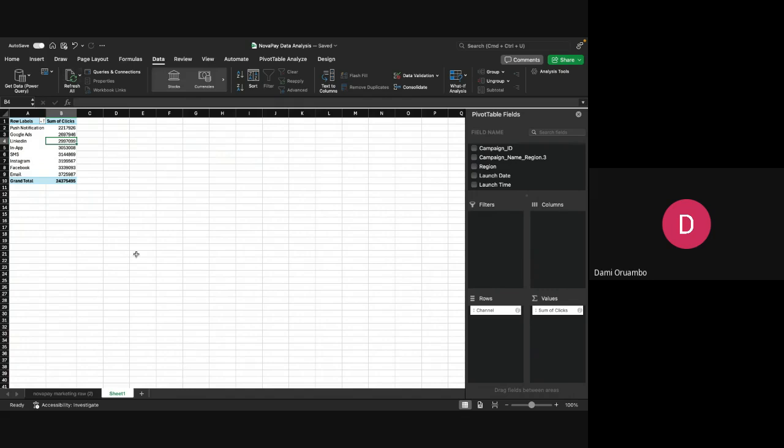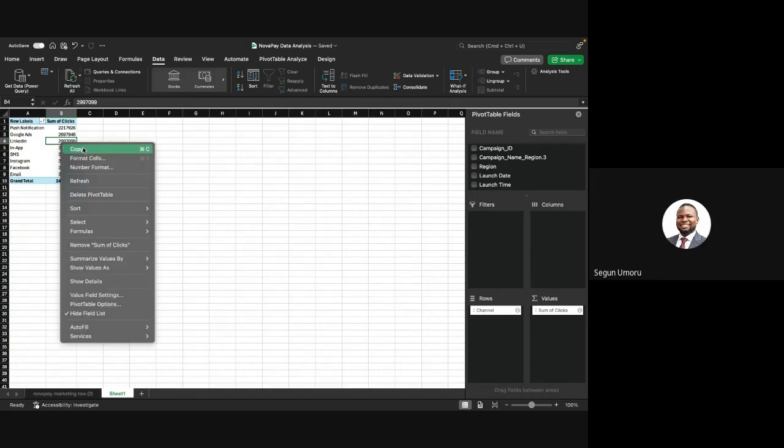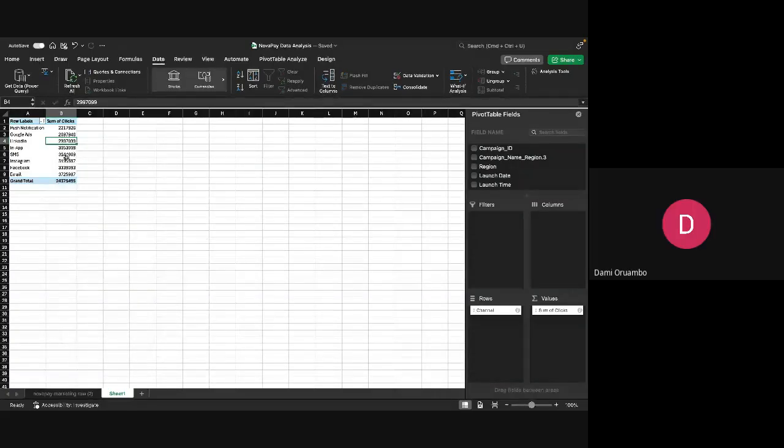Okay, it has changed. All right. So no issues. So now let's visualize this. We can use column charts. So go to the Home tab